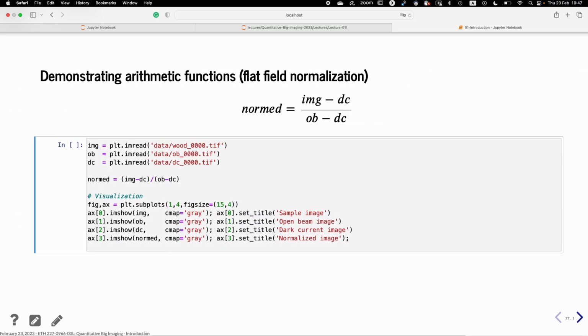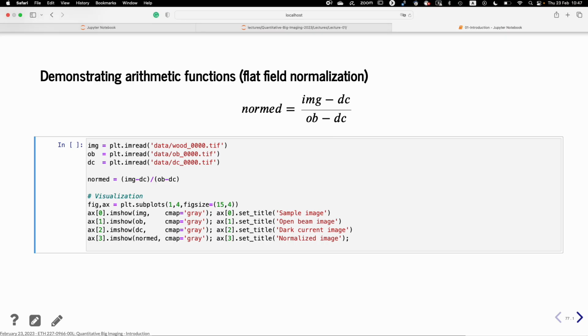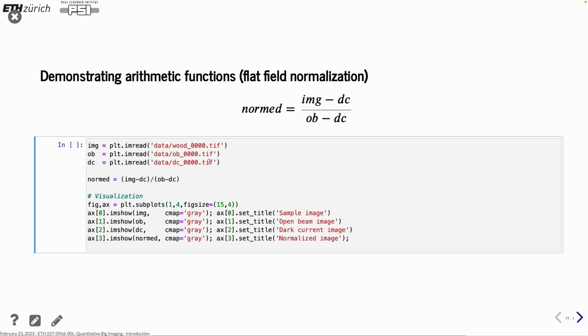And here we have an example where we do a typical operation in imaging. We have an input image which is made under certain light conditions, and we have a bias caused by the dark current in the detector, so we have to subtract that. Then we have the illumination field, so that's the open beam, and that one of course also has this DC. So if we look at this example here, we load some images, then we do the normalization, and then afterwards we visualize it in a nice way. So executing that,